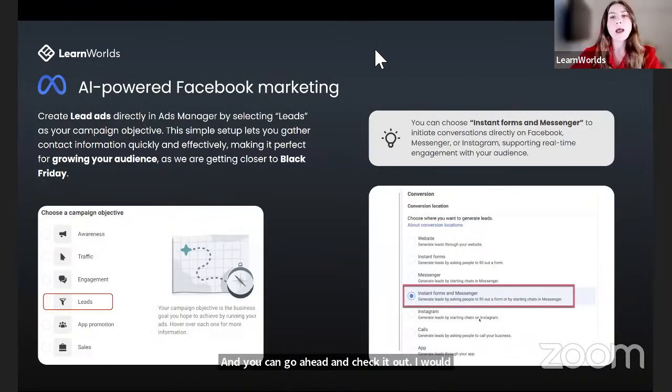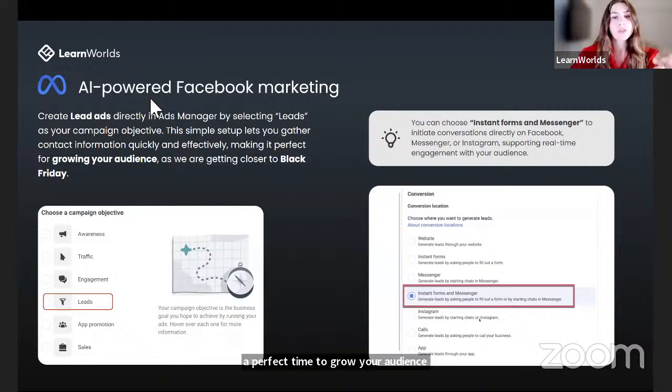AI-powered Facebook marketing. If you want to promote your campaign through Meta, that means Messenger, Instagram, Facebook. Wherever Meta is, there's an option for that. And why not? This is a perfect time to grow your audience right before we approach Black Friday.